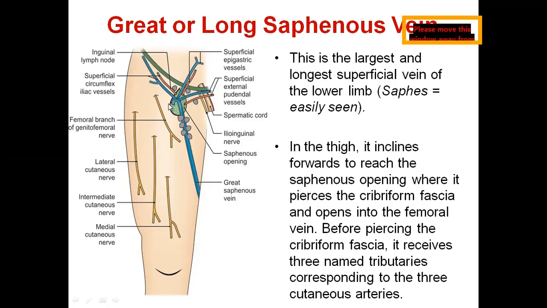That means saphenous opening has a covering which has lot of holes, and through the big hole you will see great saphenous vein piercing through the saphenous opening to open into the femoral vein. Femoral vein is deep vein, whereas great saphenous vein is superficial vein. You just can correspond like cephalic and basilic veins. I have named them as superficial veins when we were doing upper limb, and radial vein, ulnar vein, axillary vein, we have named it as deep veins, right? Okay.